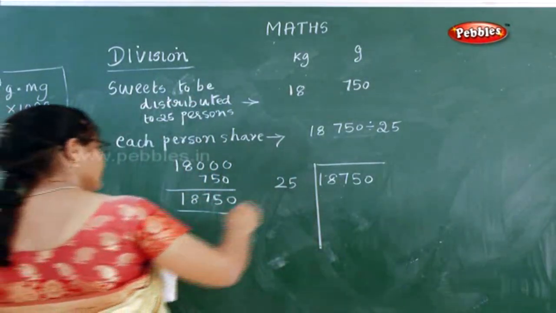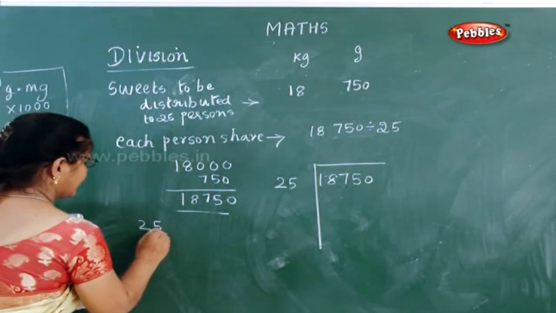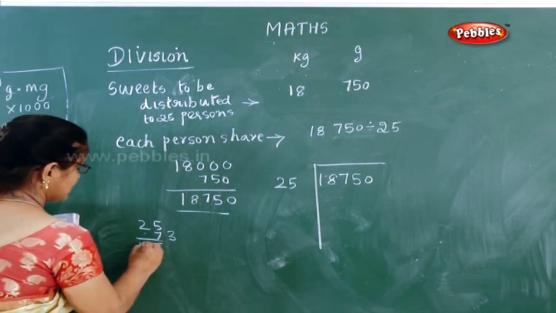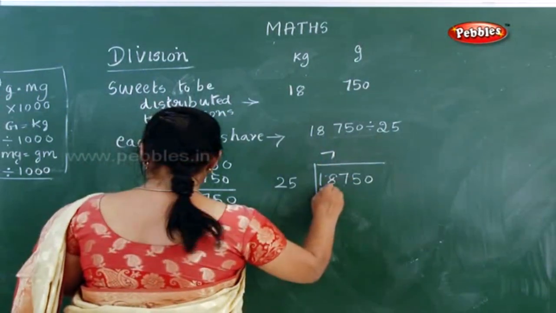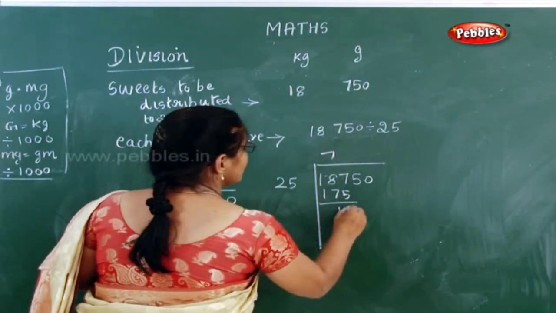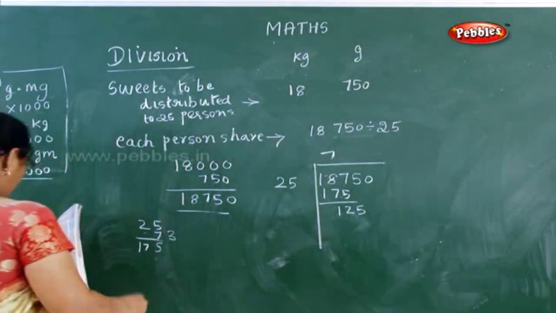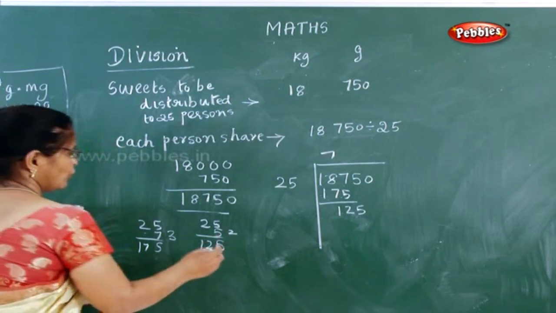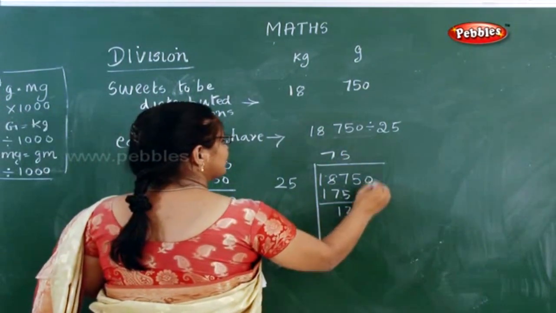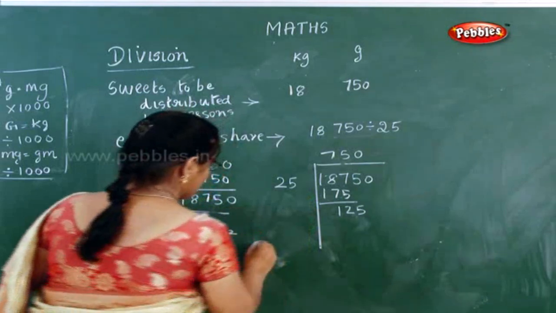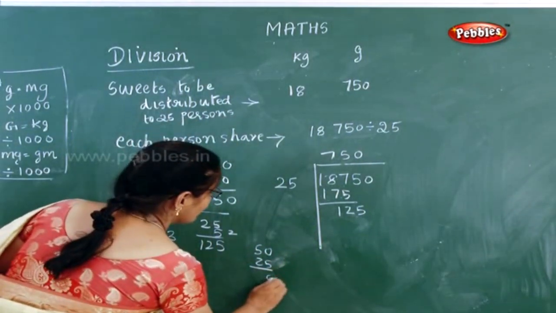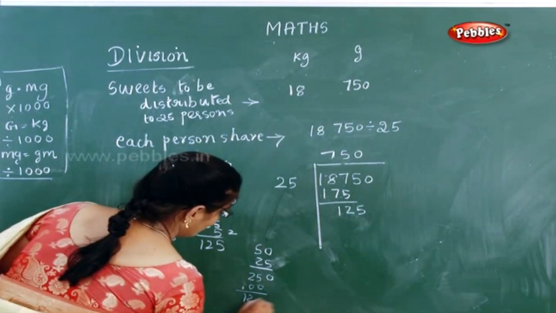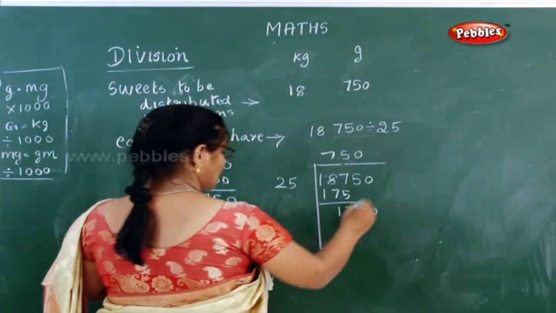Now what is it? 25 sevens are, I think 25 sevens are, it goes 2 sevens are 14, 14 plus 3 17. So you will have 25 sevens are 175. So 125, 125. Again I think 25 5s are, it will go. Okay, so it is 50. This 0 will be carried here. So it is 50 into 25. See, 50 into 25 you get 1250.